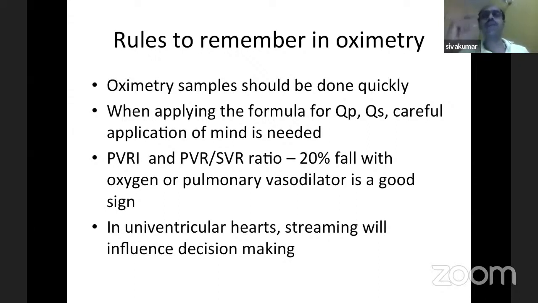Now the moment you have sampled the pulmonary vein, immediately pull it back to IVC, push it up to SVC, enter into pulmonary artery. And while you are sampling the PV itself, your assistant is sampling the aorta. So all these 4 are in quick succession. If you anticipate that a particular patient is going to have enormous difficulty in entering one particular chamber, then go into that chamber first.